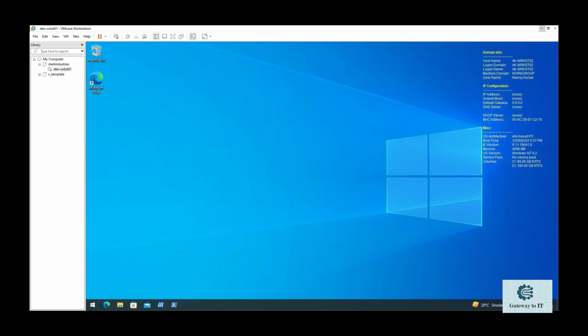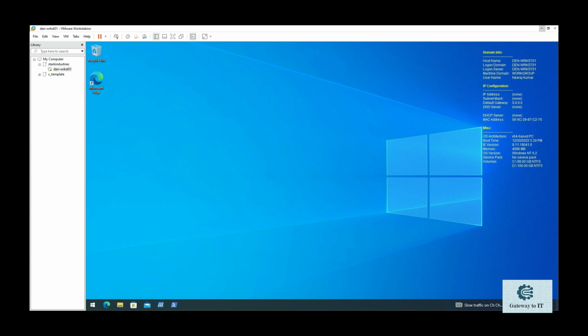Thank you for waiting, guys. The Windows 10 installation is finished. You can see that I have done some modification, like I have installed Microsoft Edge browser, and I've also configured BGInfo tool so that we can see the name of the workstation and the IP address information on the screen here. As part of our plan, we are going to follow. So now as we are done with the installation of Windows